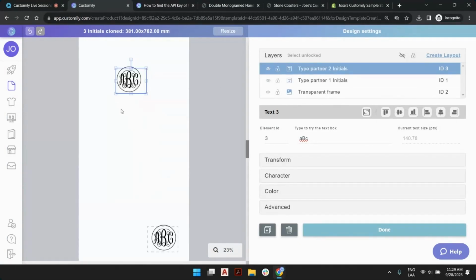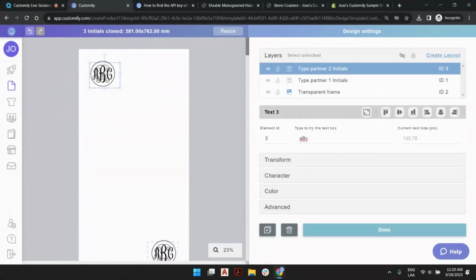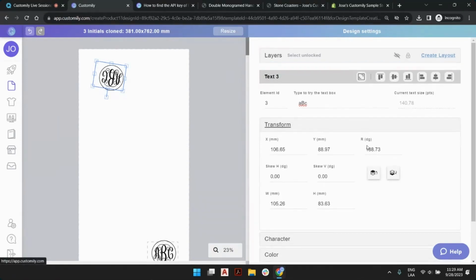Now, this monogram will be on the top, but because this towel usually is hanging, it's probably going to look better hanging in the middle. What I'm going to do is turn around this monogram. I can do this by grabbing this handle and flipping it like this, or I can just open the transform tab and